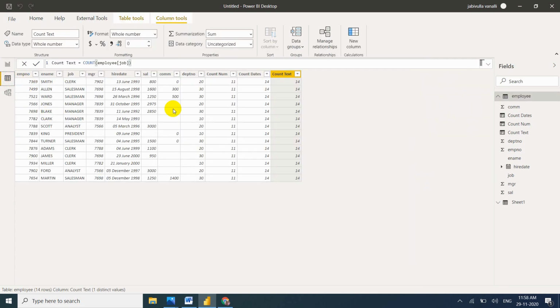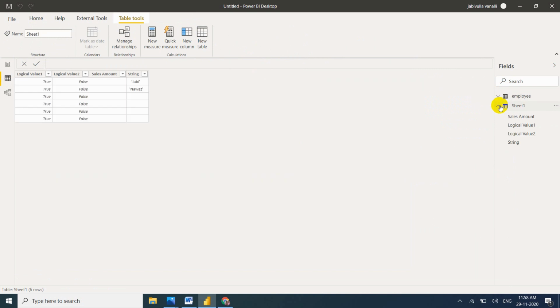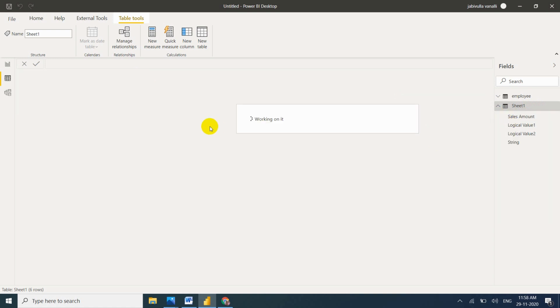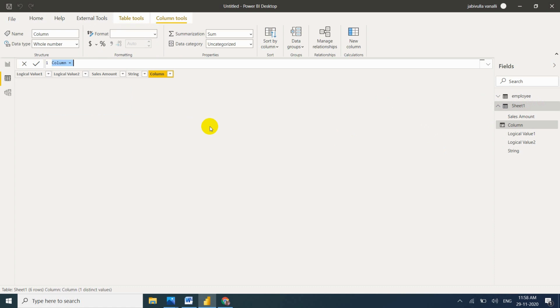Come to data view, go to the Sheet1 table. Here strings are there, 1, 2. I want to check for the string also. Right click. You can take either a calculated column or a calculated measure. I want to see the information physically, that's the reason I am taking a calculated column.